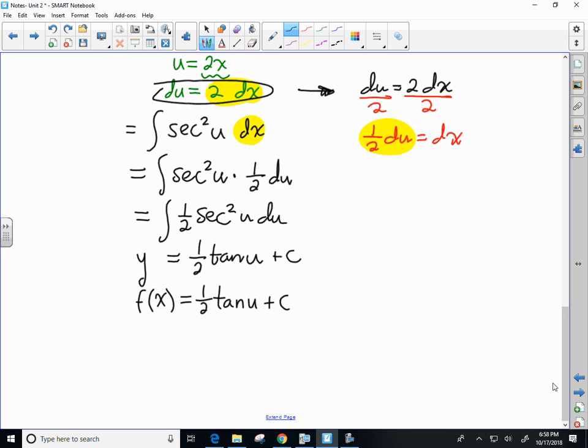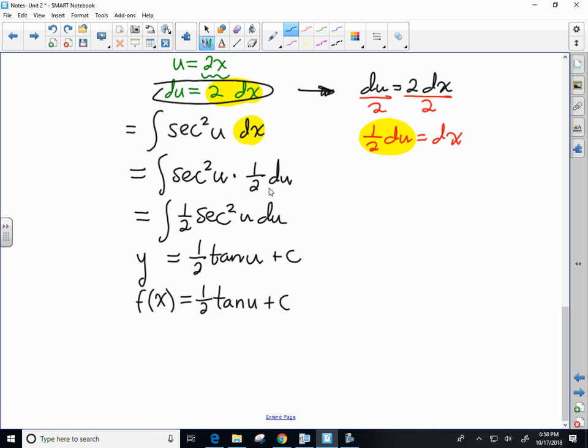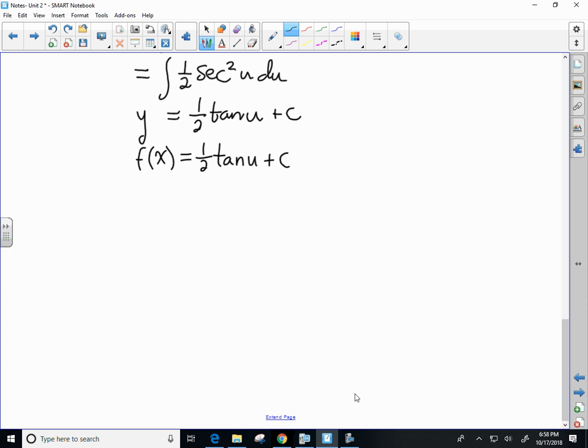All right. So going back to the original framework, it says it's passing through the point pi over 2 comma 2. So what this is telling me, the coordinate pi over 2 comma 2, I have an x, and I have a y. y and f of x are the same thing, so I'll call this f of x. So 2 equals 1/2 tangent of,